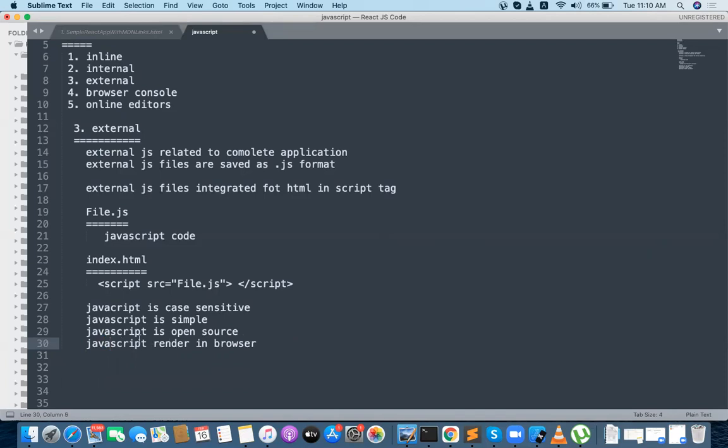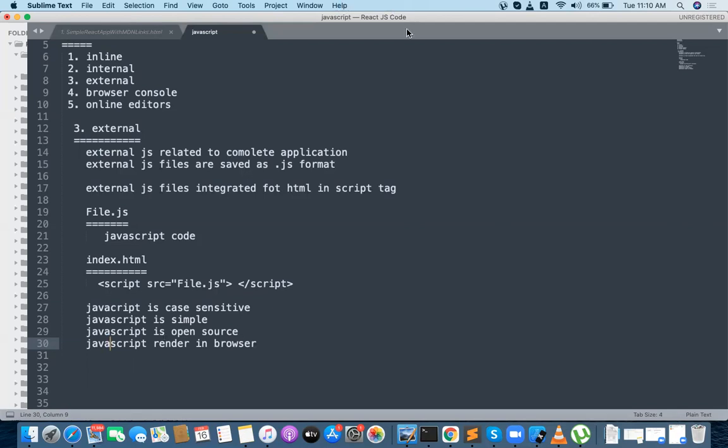We go from inline to internal to external. Inline is element level, internal is page level, so the script executes only for that particular page. External is global, for every HTML. Suppose I have a lot of HTML files.